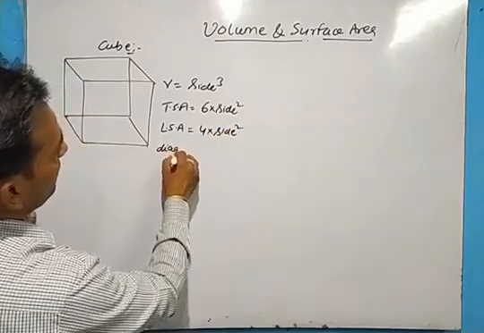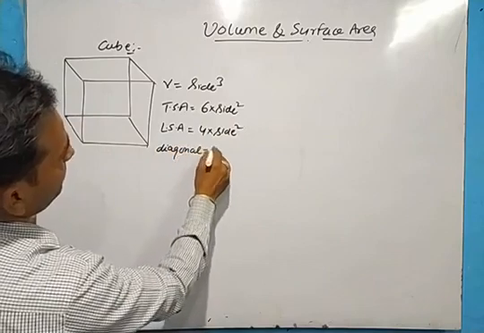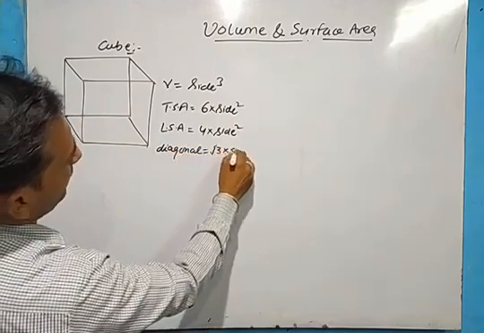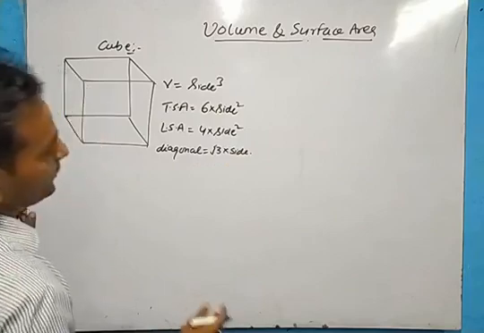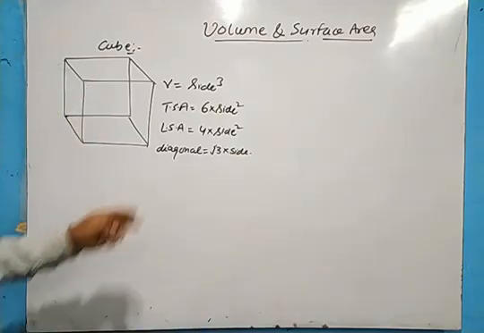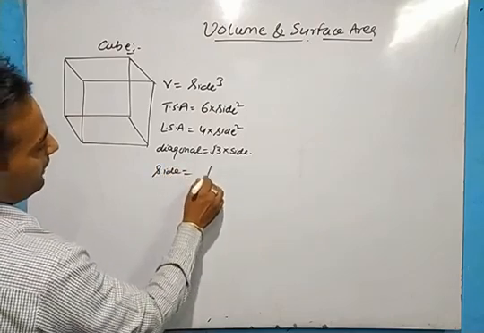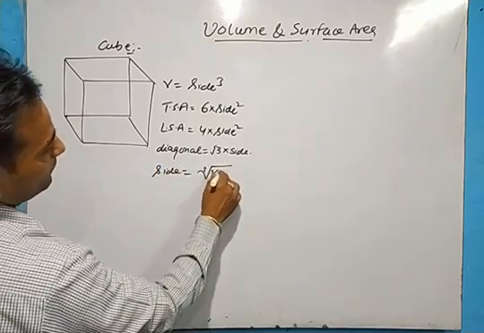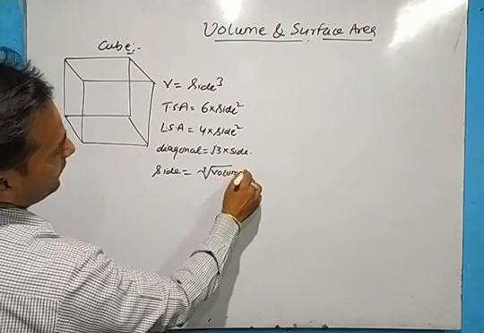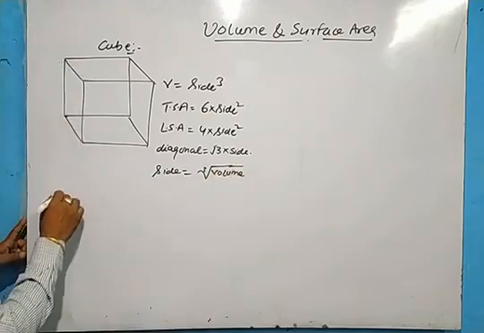Formula for diagonal is under root 3 into side. Okay, so this much formulas are there. And if directly we have to find the side of the cube, we will write cube root of volume, something like that. Okay, now for cuboid,